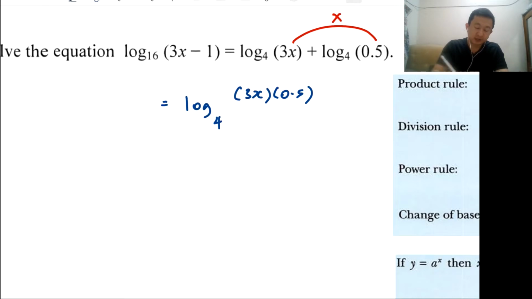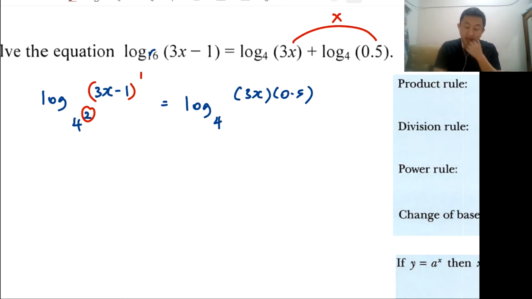So the shortcut just now is we are changing 16 to 4 squared. So this is 3x minus 1. The power here is 1. The power here is 2. No, I think it's going to confuse you. Okay, never mind. I just use the change of new base. So I don't want to confuse you with that. So we just stick to